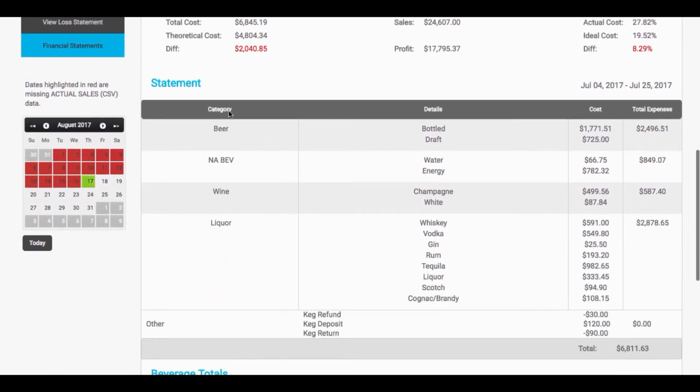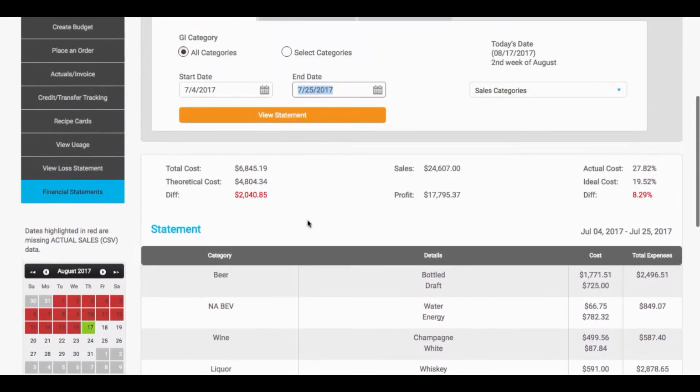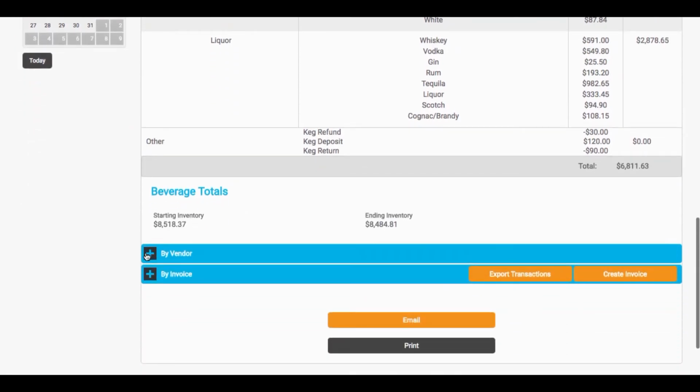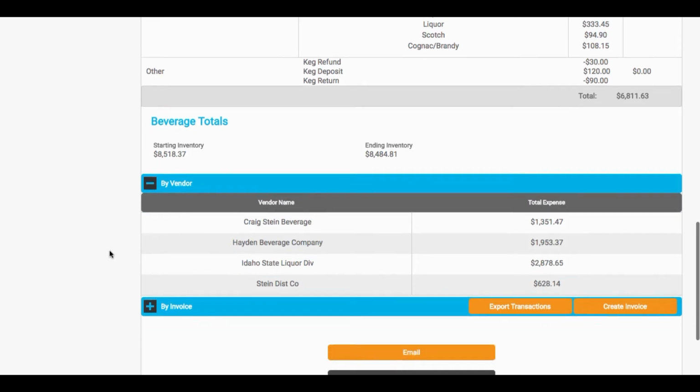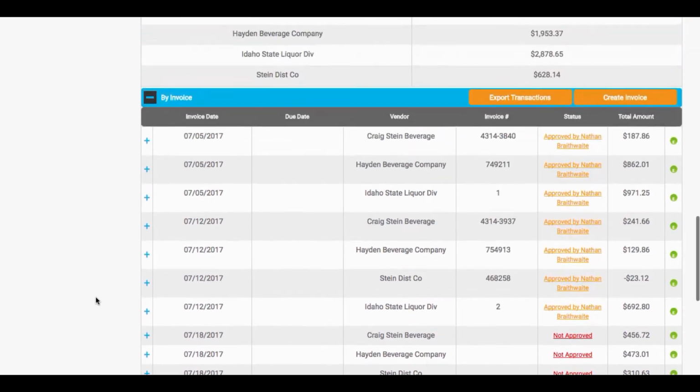All of the expenses are broken down by GL category. We're including refunds, keg deposits, taxes, and also if you were to transfer in or out anything to stores or into modules such as food and beverage. We also will show you your starting inventory dollar amount and your ending inventory dollar amount. We will show you what you spent with each vendor and all the invoices between that period of time and